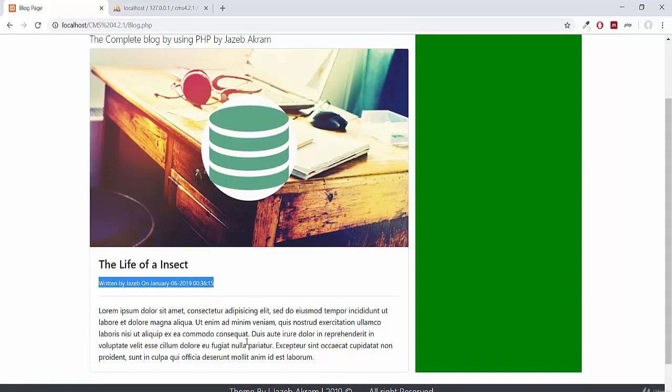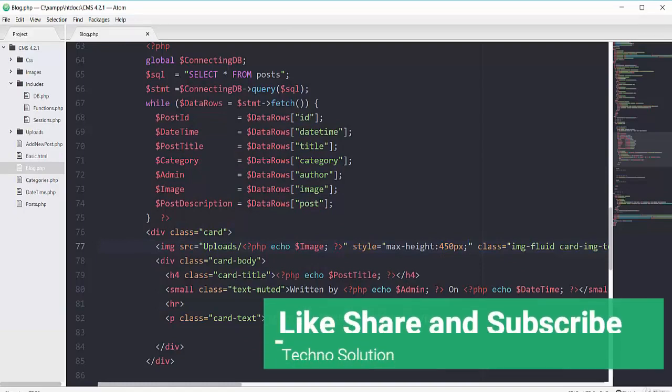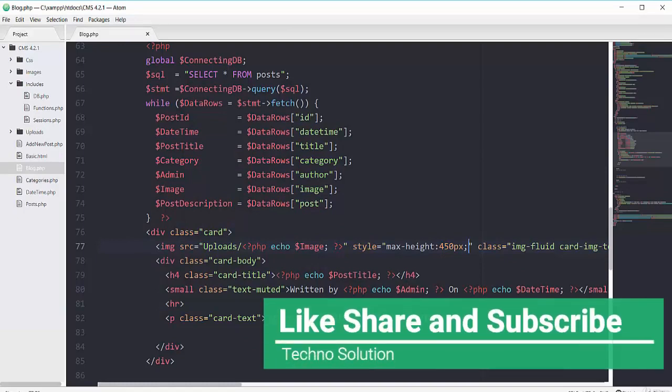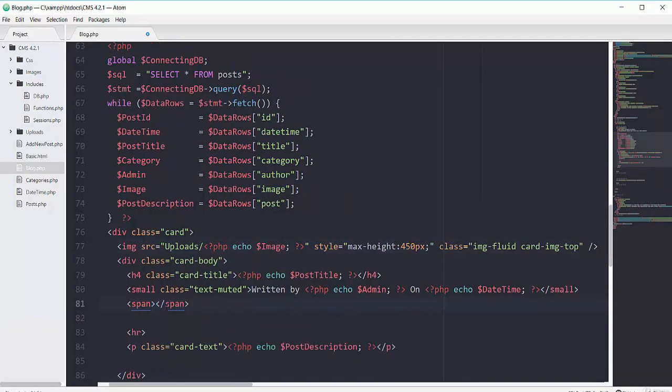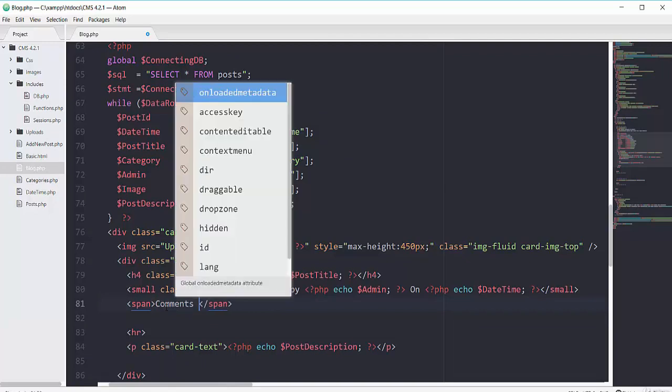So I will add the badge right at this side for the comments, as we have not covered our comment section inside this course. So for now I will just add the comments text that we will fill later inside this course. So right after this small tag, I'm gonna add the span tag that has the text of comments